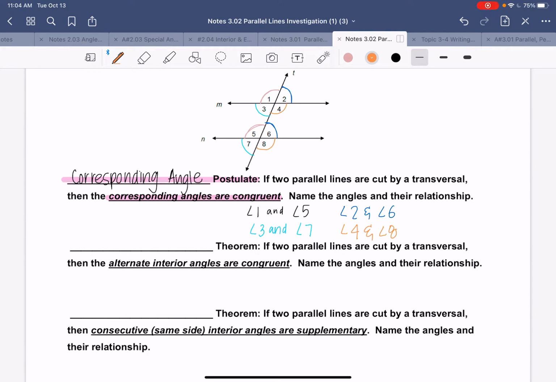I think it's really important in your notes to draw these parallel lines being cut by a transversal, and try and find as many colors as you can so you can actually find where all the corresponding angles are. All right. The next one